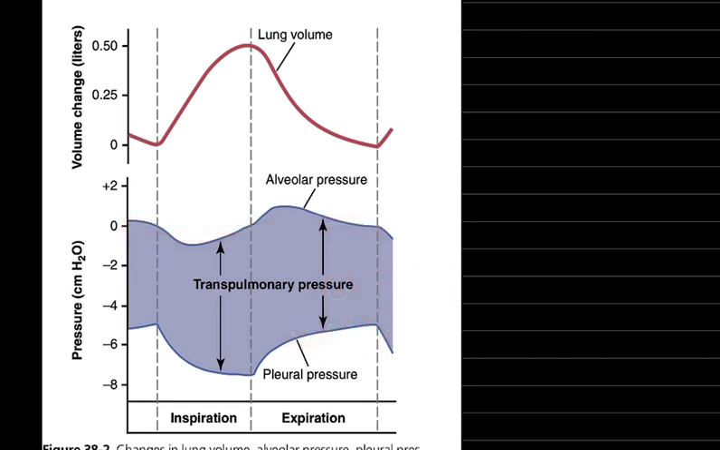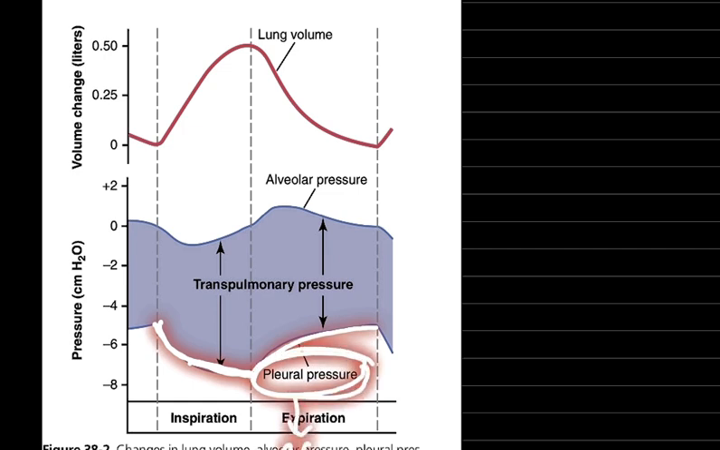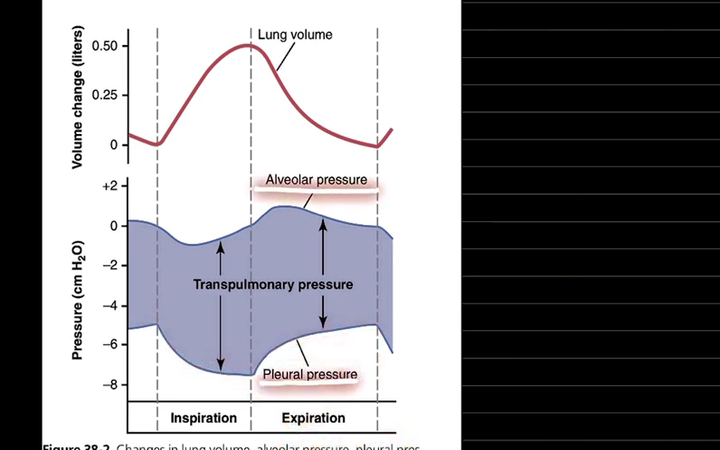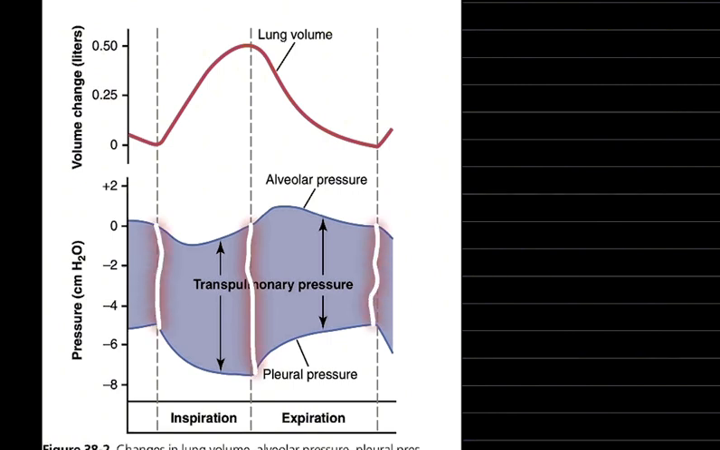Now talking about pleural pressure, it simply increases during expiration and decreases during inspiration, because pleural pressure here is dependent on the volume of the thoracic cavity. Now, the difference between the alveolar pressure and the pleural pressure is considered to be the transpulmonary pressure. You can see that even at the end of expiration and start of inspiration, there is always transpulmonary